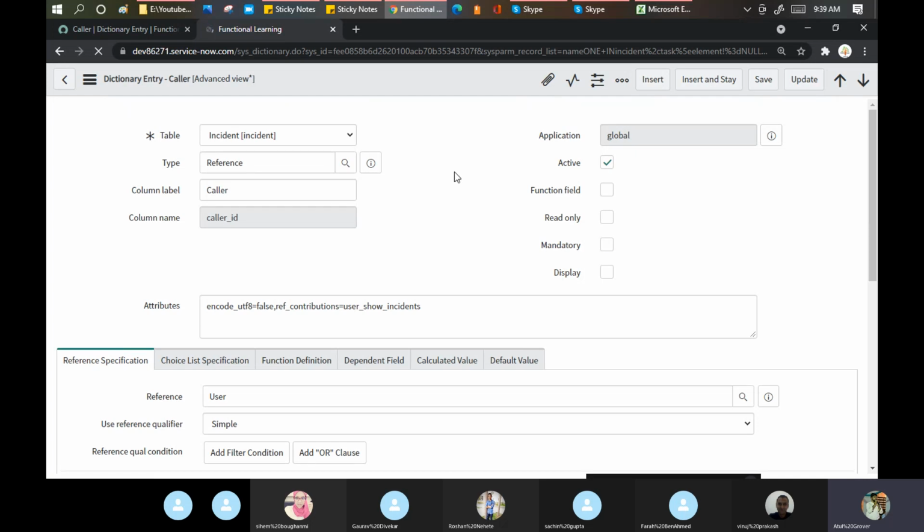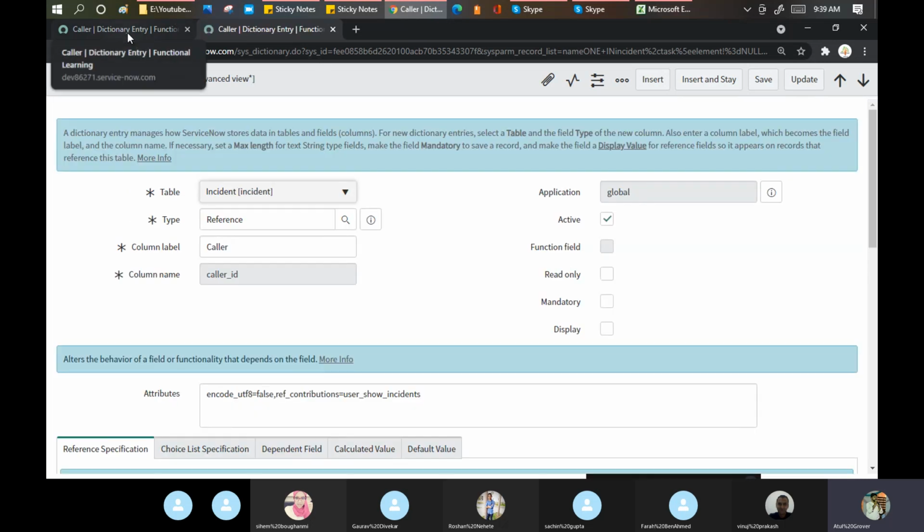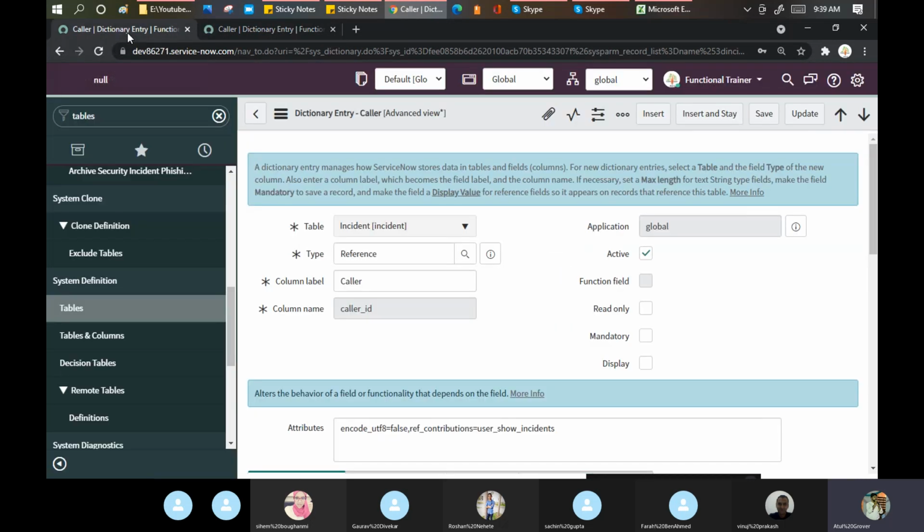But if this is the case, then why do I go to that particular place? There is a concept called dictionary override. Theoretically it is important to understand. Practically we use this very little, at least on our out-of-the-box tables.